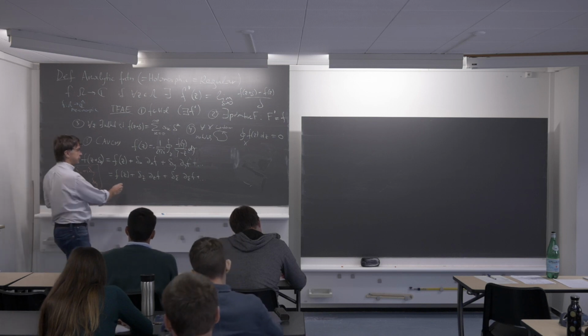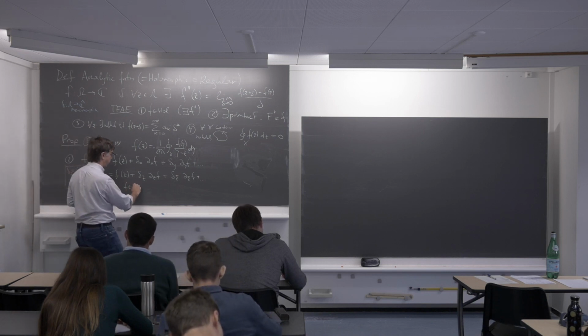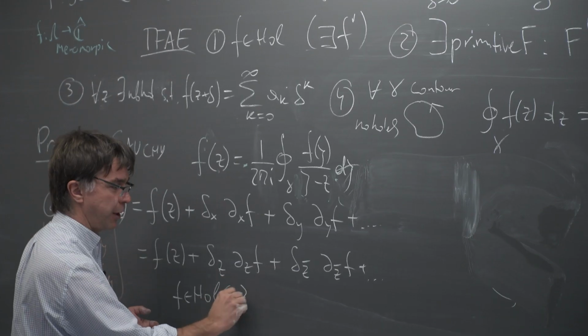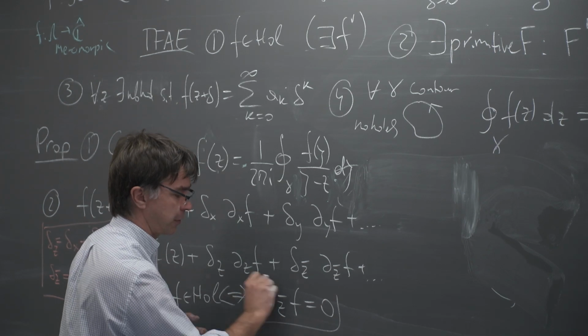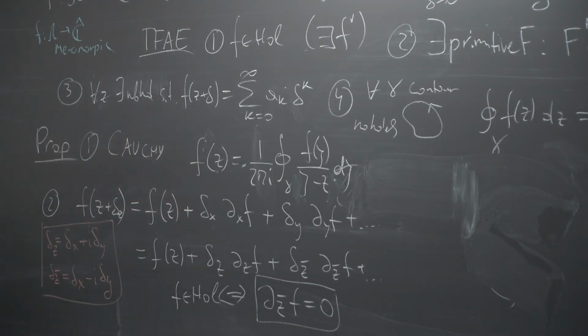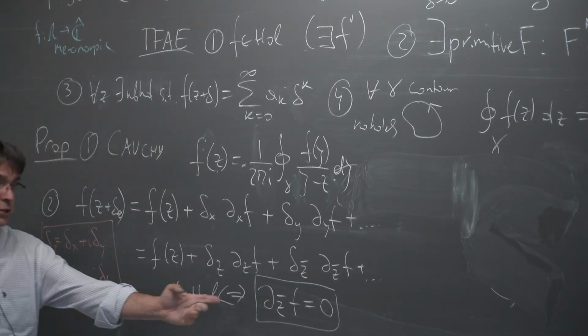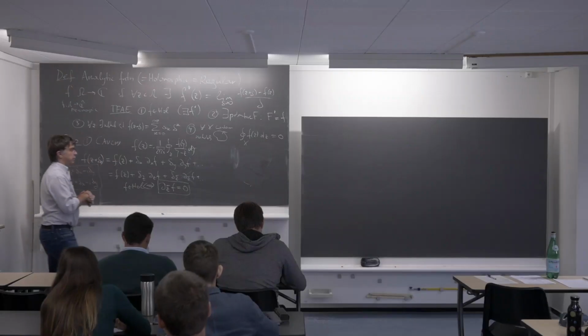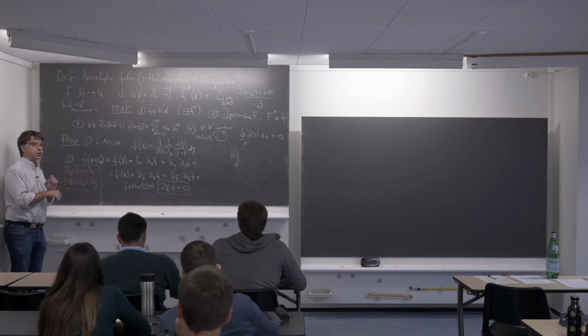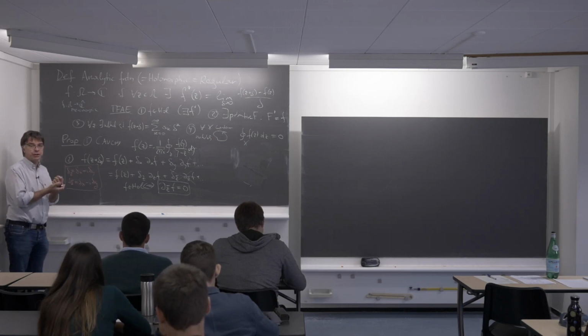And basically, what does it mean? That f is holomorphic if and only if dz bar f is equal to 0. So the condition of being holomorphic is just that one of the two derivatives is 0, that there is no this term. And this is what people usually write as the Cauchy-Riemann equations,